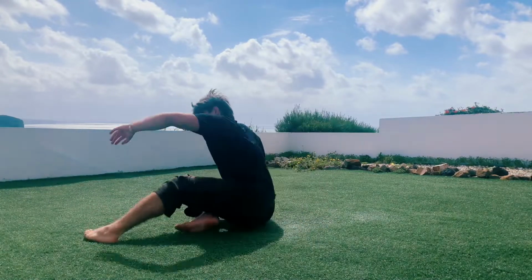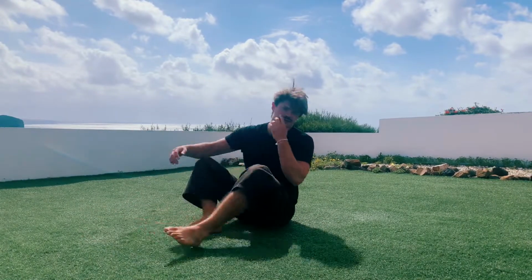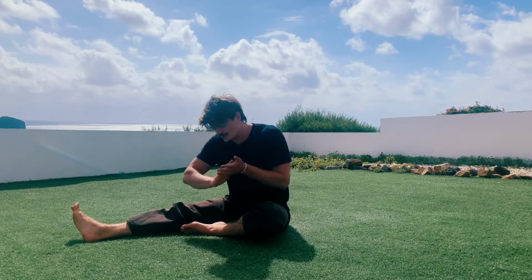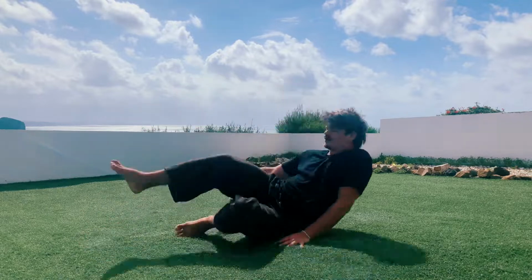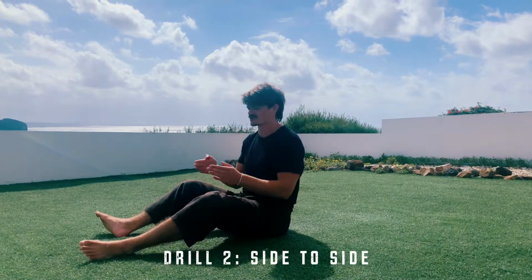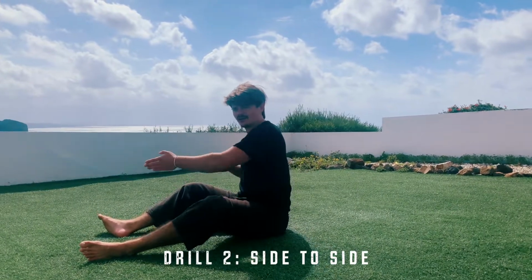Same side as well. And this is a great drill to really understand how the diagonal rolls, forward and backwards rolls work, and how you can really roll smoothly across your whole back without this hitting in the floor. Now the second one, because right now we were going diagonal over the back,